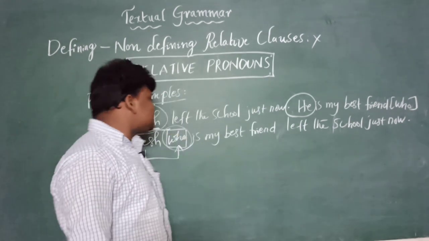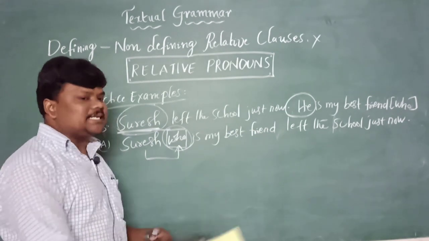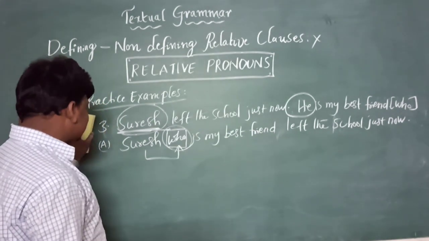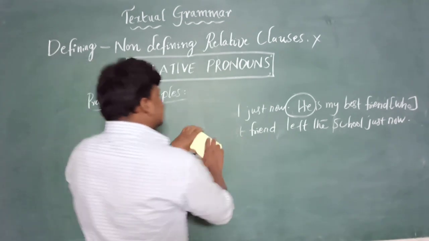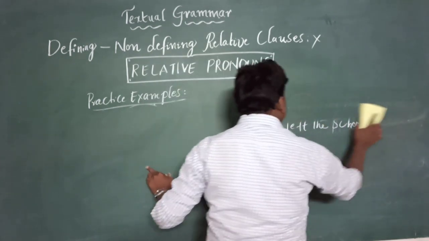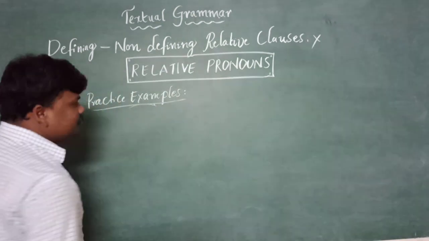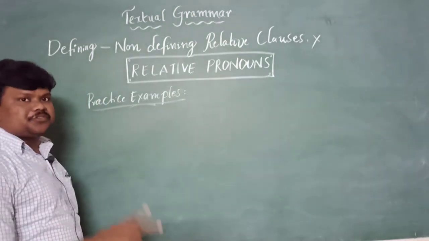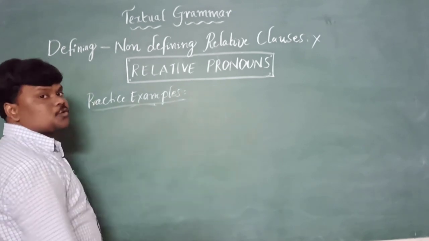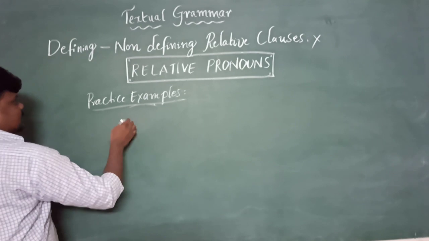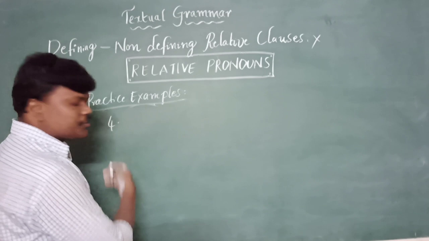Yes. Hope you understand this relative pronoun who. Let me get into the detail of this relative pronoun who. If two persons come, as I already told you, the second person follows who. As I gave in your instructions, if two persons are there in the first sentence, the second person follows who immediately. Fine? Let's look into this question, the fourth one.